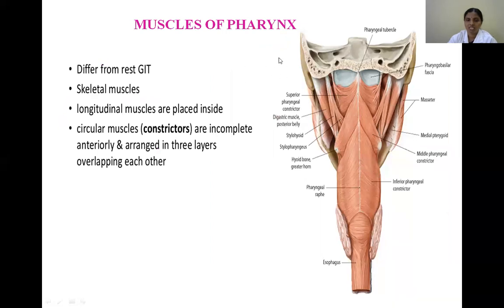Then what are the muscles of the pharynx? Immediately beneath the buccopharyngeal fascia, we can identify the muscles of the pharynx, means musculature of the pharynx. The outer circular layer. You see, this is the posterior aspect of the pharynx. Along the midline, you can identify a fibrous tissue exactly present in the midline, which is known as the median fibrous raphe, where all these constrictors of the pharynx are inserted. So it forms a continuous midline fibrous raphe, extends up to the base of the skull, where it is attached to the tubercle.